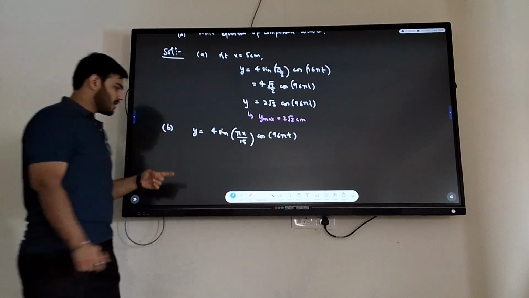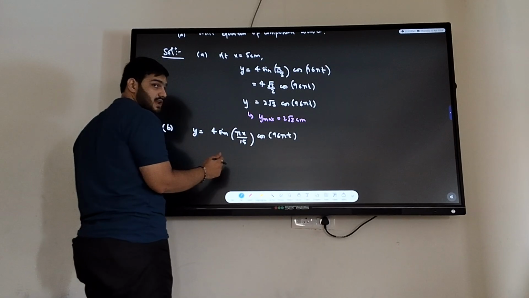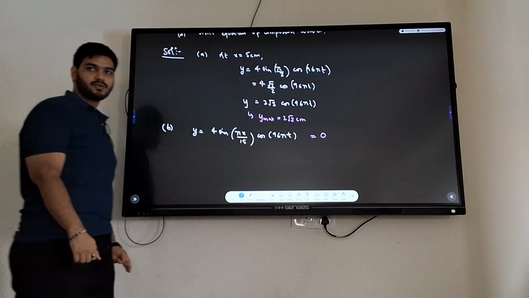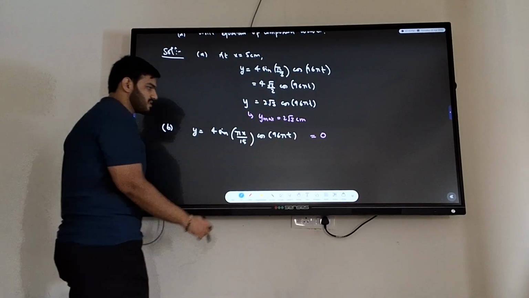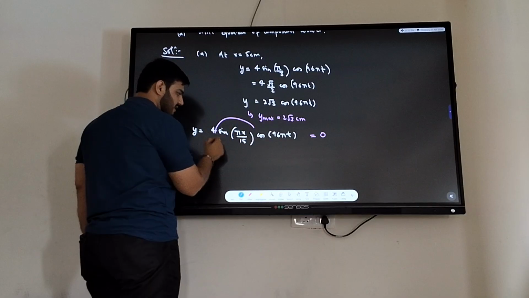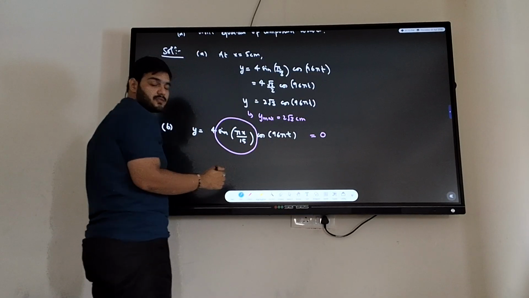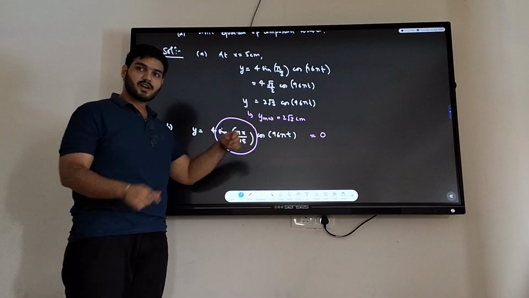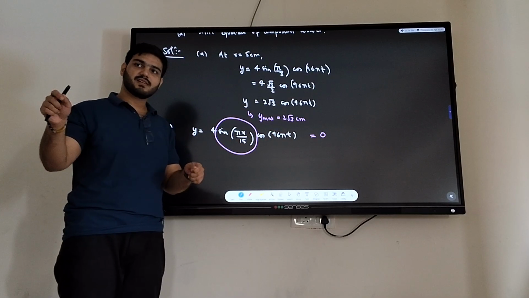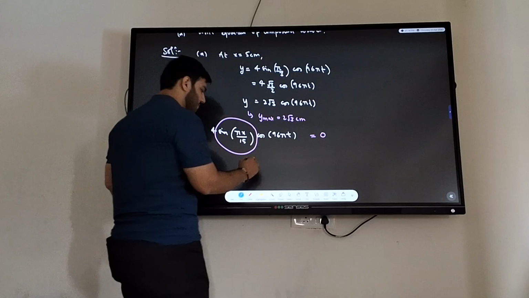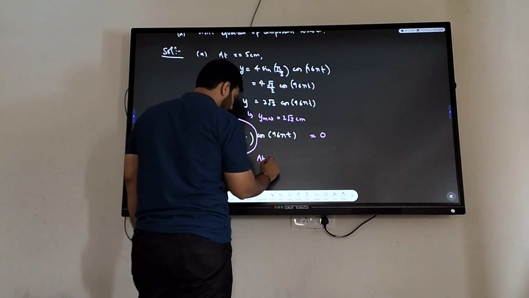So that means at all times what should be the condition? What should I make equal to 0? This should be equal to 0, na, for nodes, that's the condition of nodes. But is this 0 or that 0? This is the thing which is 0. Why am I not taking this to be 0? Because I am talking about at all times, let t be a variable. ठीक है, so at all times